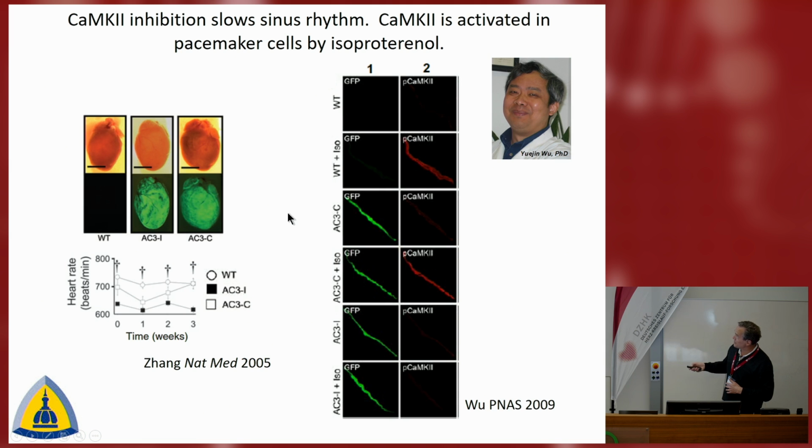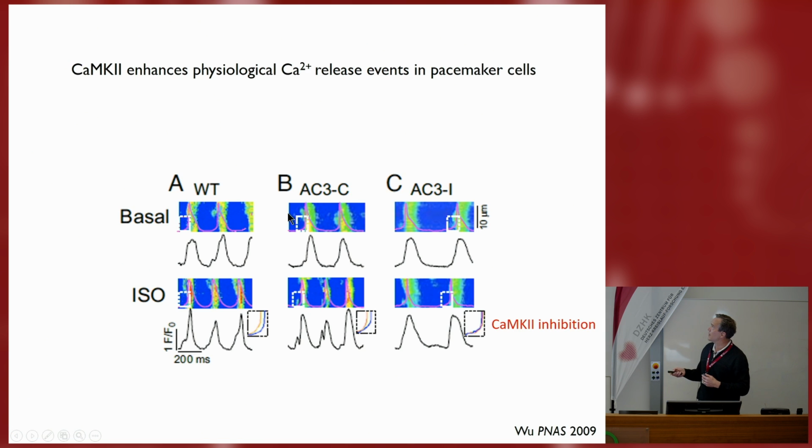And so these are all green because they express this transgenic protein. But after isoproterenol, you can detect this activated form of CamKII throughout the cell, except in the AC3I cells, which is what the model is supposed to do, and led us to make further measurements,